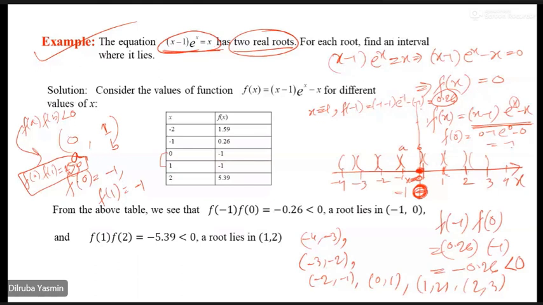Move on to the next interval, 1 to 2. If you consider from here, you don't get a real root in this region. Let me check. You already have f of 1, which is a negative value, and if you substitute x equal to 2 in this function, you will